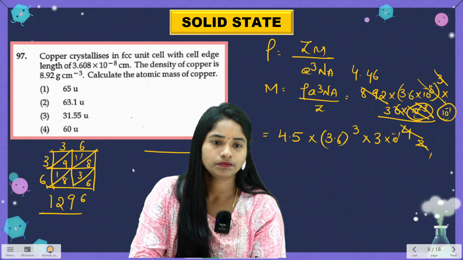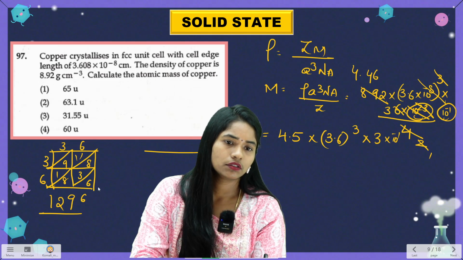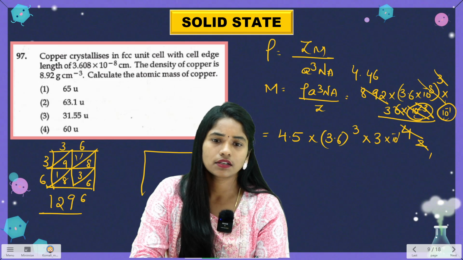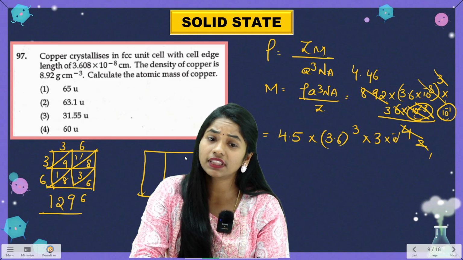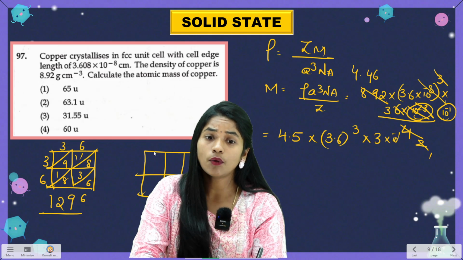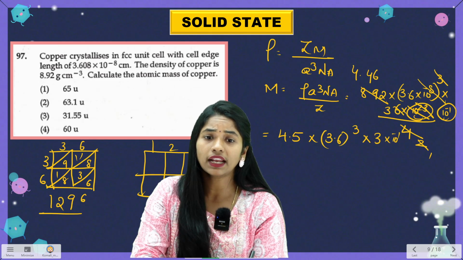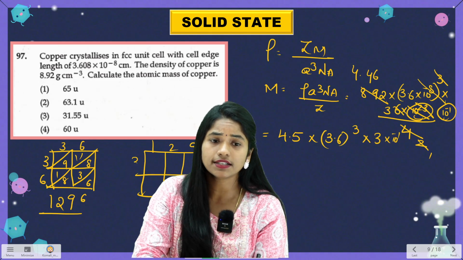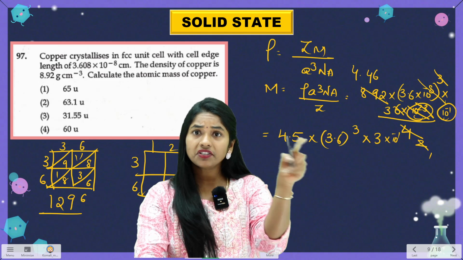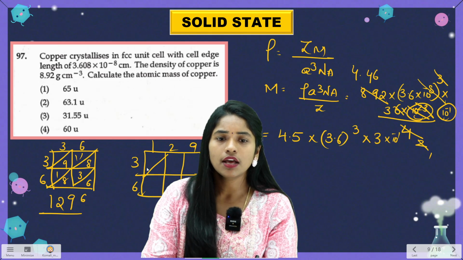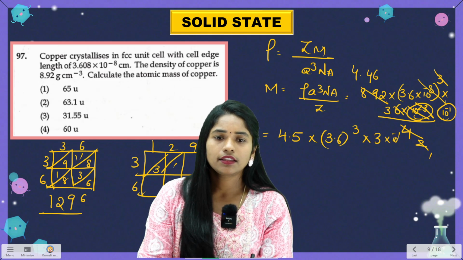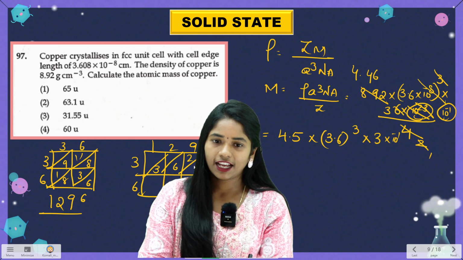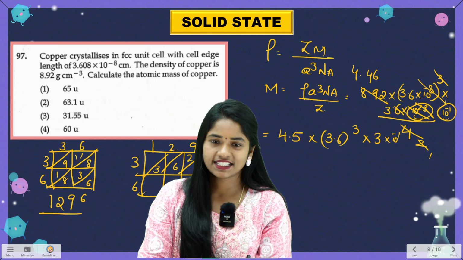Again, this is the 36 whole square value, 1296. Now what I am going to do is again multiply 1296 by 36, that is 3.6. Do you understand how I am doing the multiplication? 3 1s are 3, 3 2s are 6, 3 9s are 27, 3 6s are 18.